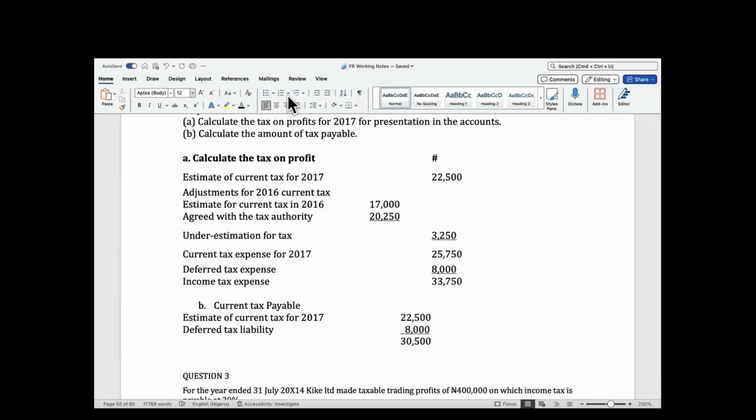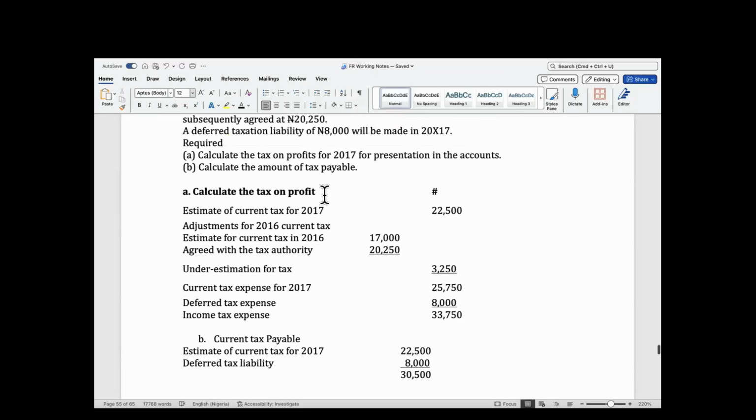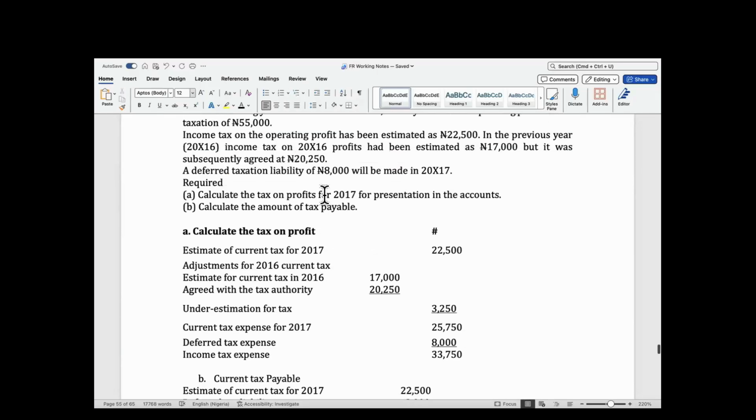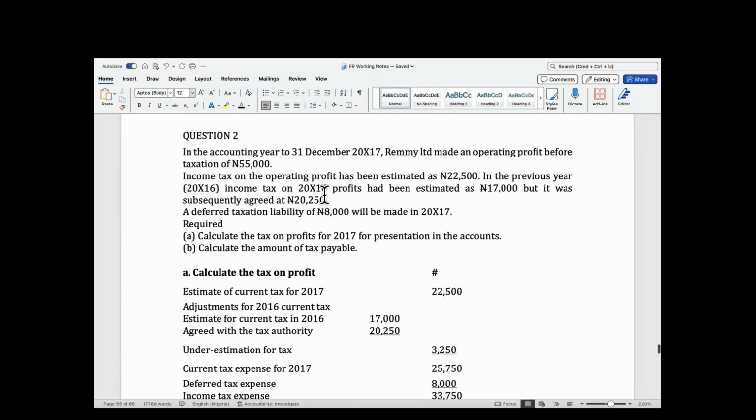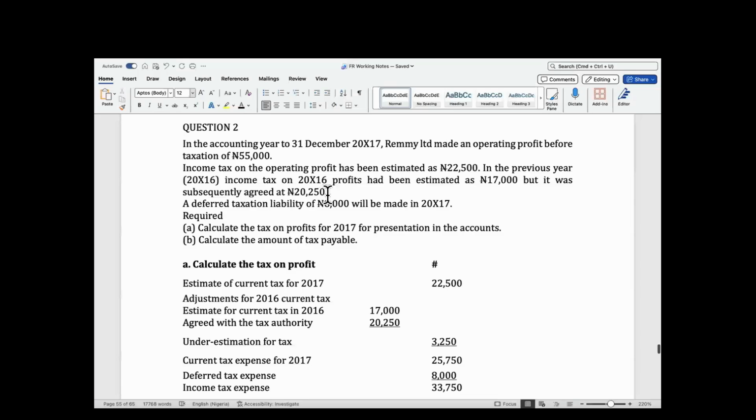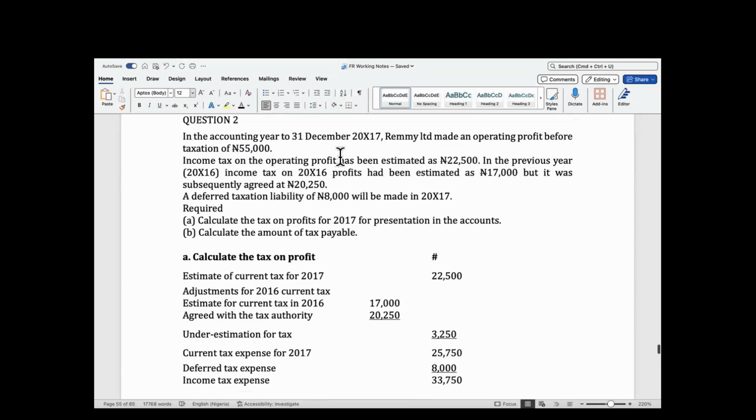My question is around the deferred tax liability that was added. Our prior knowledge is that the tax charged to P&L is current tax and movement in the deferred tax. Now we were given 8,000. So I'm guessing that we are assuming that at the beginning of the year the deferred tax liability was 0, so it increased to 8,000. That's why it was added. I don't know whether that was the assumption, since we're supposed to be looking at the movement in the deferred tax